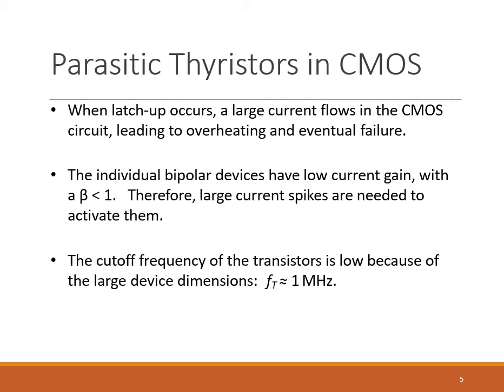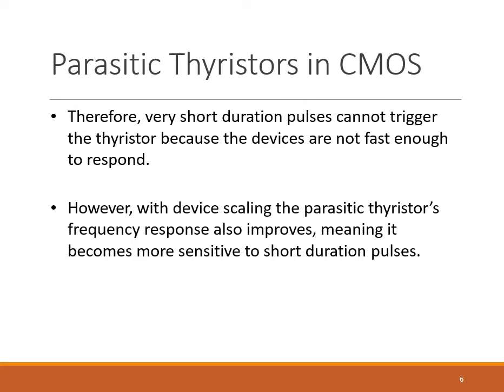The cutoff frequency of the two transistors is low because of their larger device dimensions. The cutoff frequency of these two devices is approximately 1 megahertz. So therefore, if we apply very short duration pulses to the two parasitic bipolar transistors, then it will not trigger these devices because they are not fast enough to respond to these pulses. However, with the scaling of the parasitic thyristors, frequency response also gets improved, meaning that these devices become more sensitive